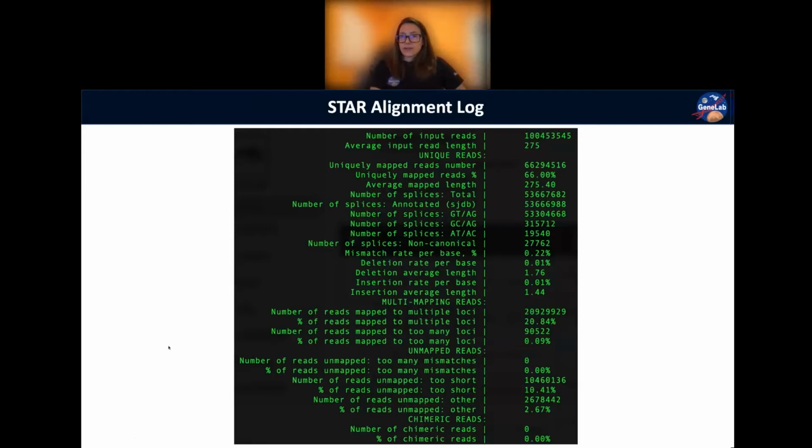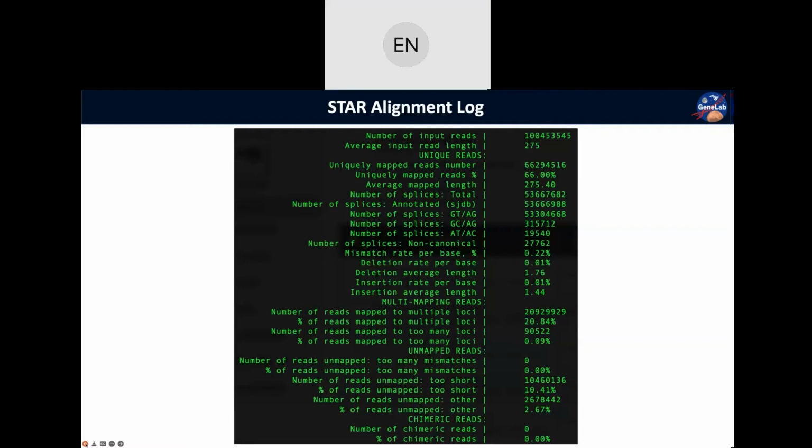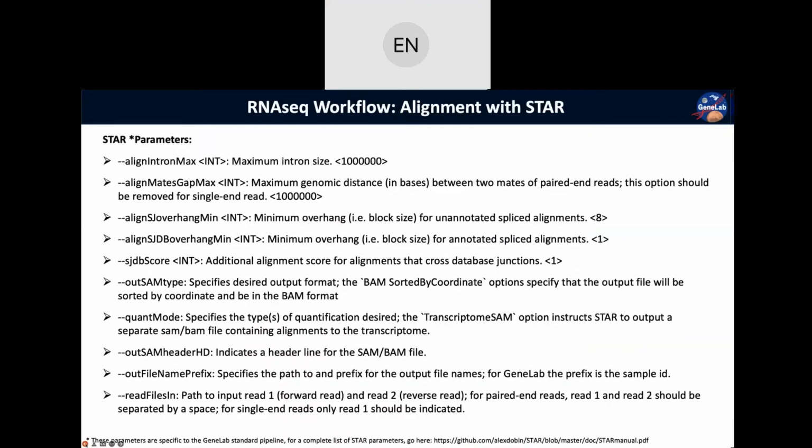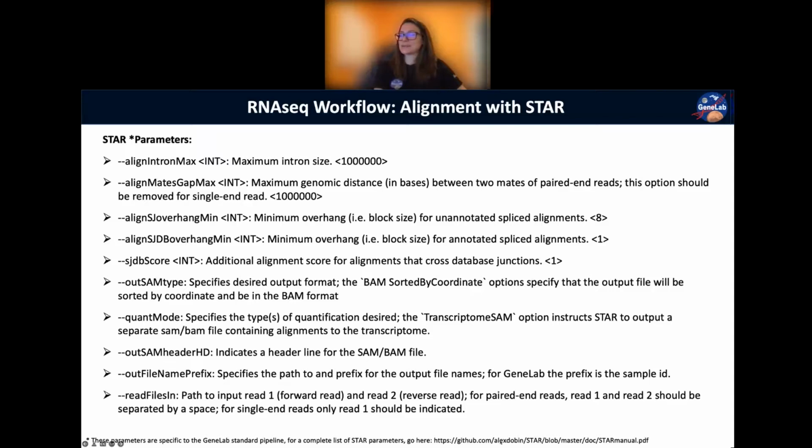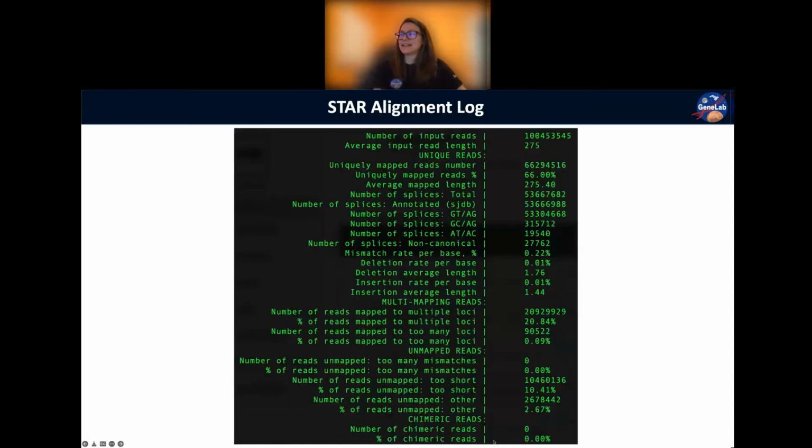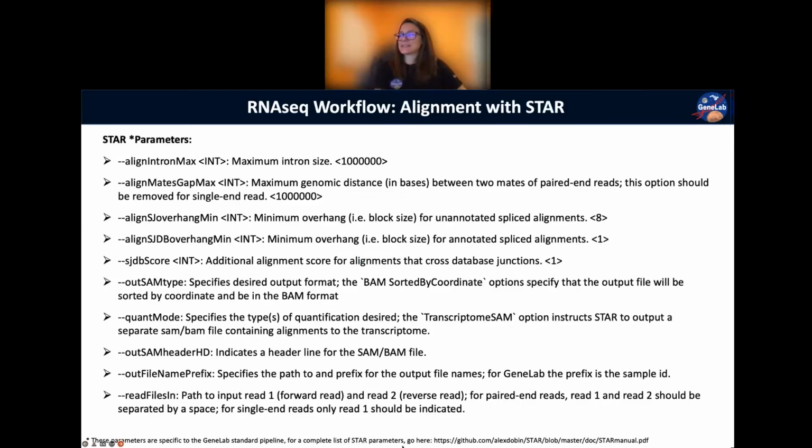Any questions about alignment before I go over alignment outputs? Amanda, who developed STAR? Can you talk a little bit about that and who's working on it and if it's being updated? This guy, Alex Dobin, if you go to his GitHub, that's where STAR is. So with this link down here, you see it's the GitHub for Alex Dobin. I don't know where he originated from, but he developed this and he's the main person that maintains it